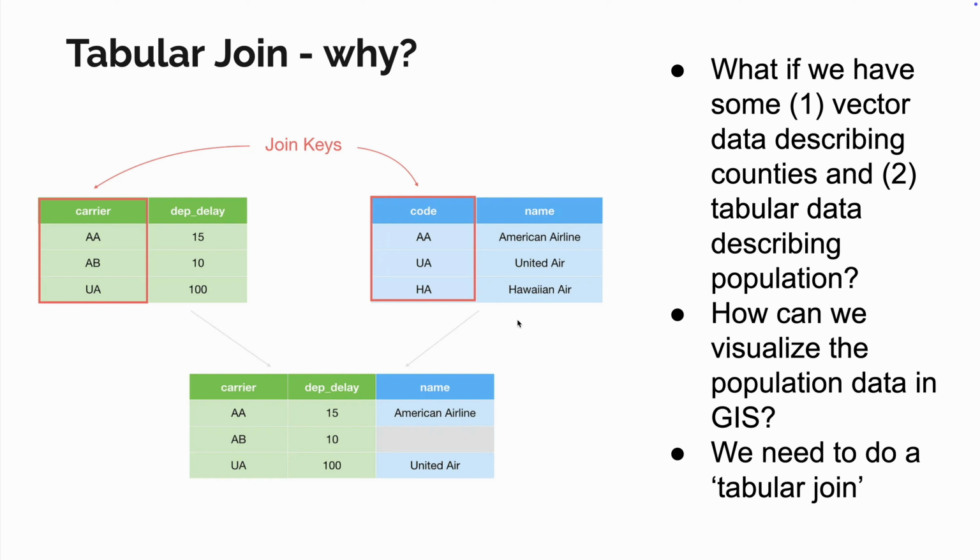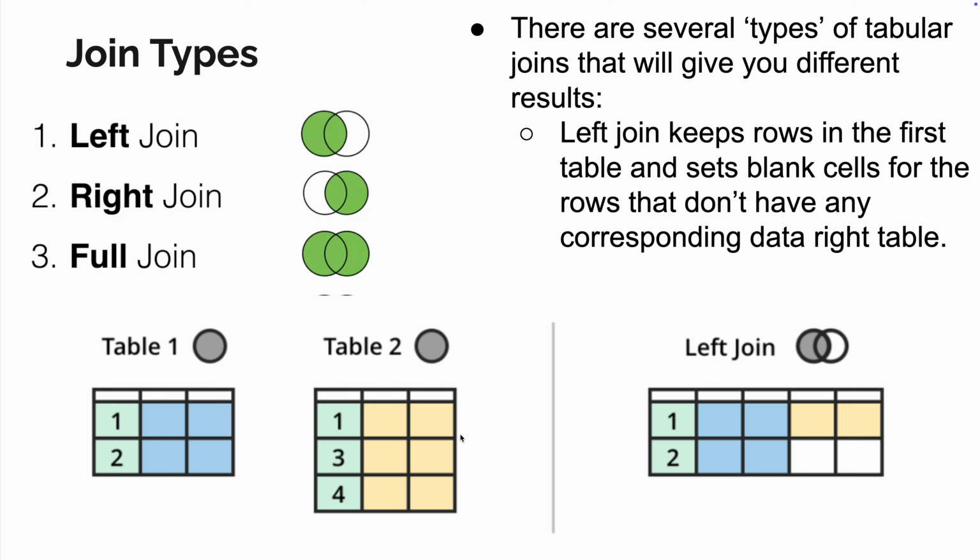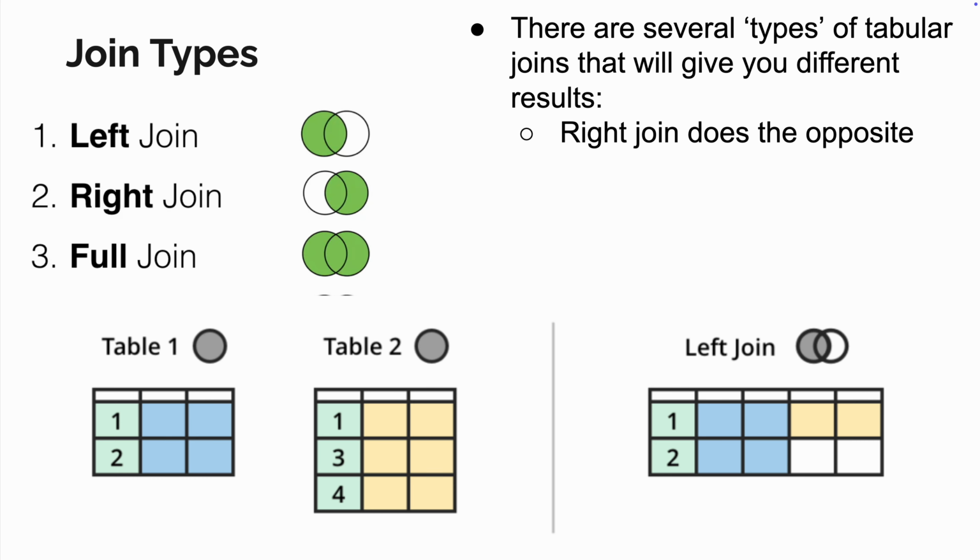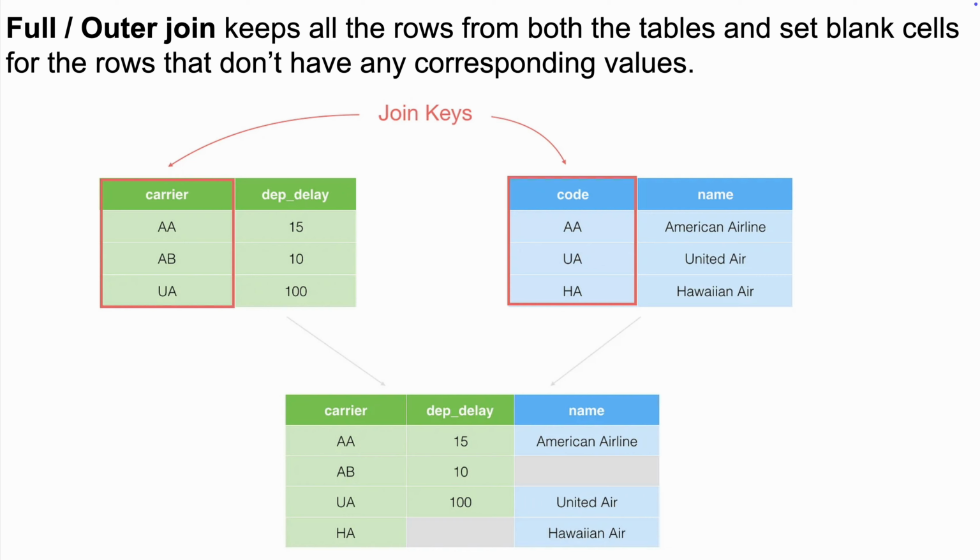We joined up the rows in the right-hand table for which there were matches in the code and carrier columns in the left table, and we made a blank cell for the row in the left table that didn't have any matches in the right-hand table. So that was a left join. A right join does the exact opposite thing. So we would keep rows from the right table instead of the left table that do not have matches. If you just flipped the order of the two tables in the left join example, you would end up with essentially a right join. A full or outer join keeps all the rows from both the tables